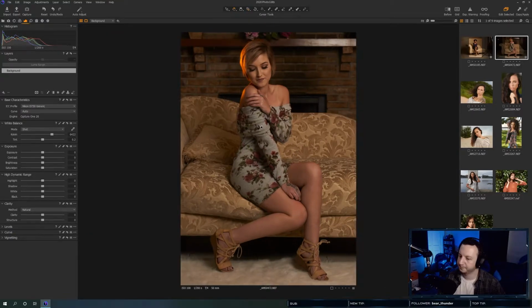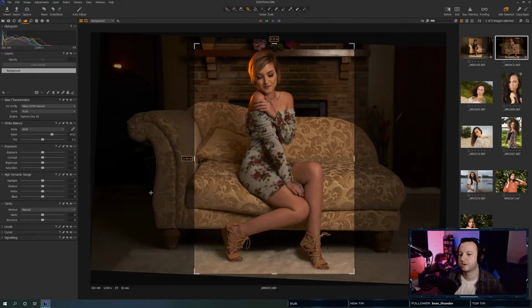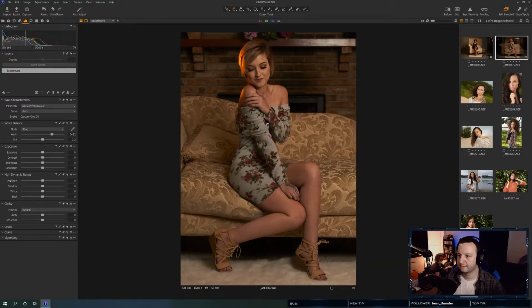And obviously, the composition will totally depend on you. You just want to make sure you have a good composition. And I am digging that, just because there's nothing going on in the rest of the image. Like if I had her sprawled out on the couch or something, then we would definitely be doing more of a horizontal shot. But as it is more vertical, we're going to stay in vertical format.